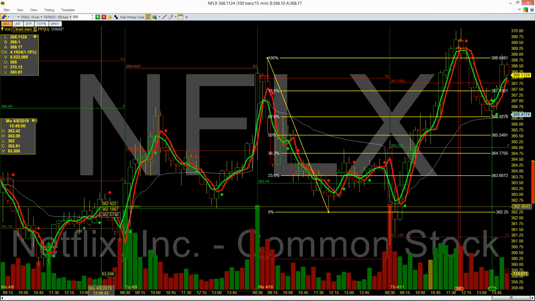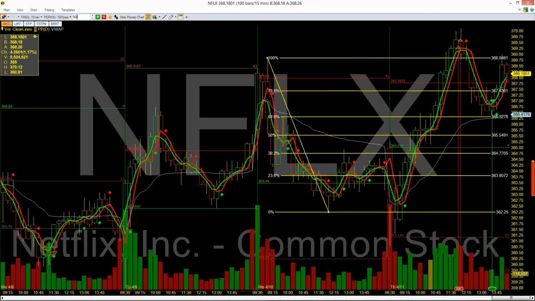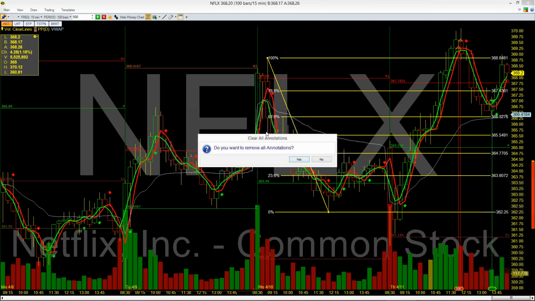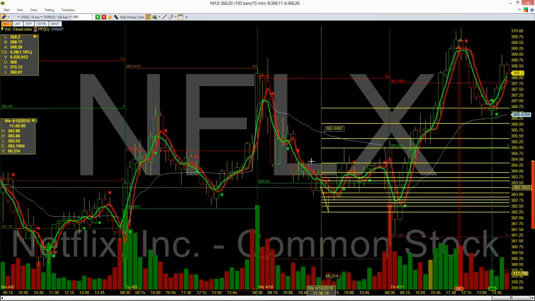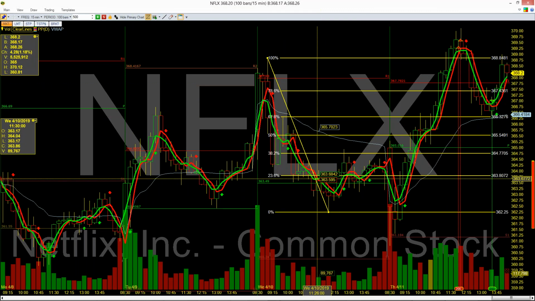I used to use prior day high low. I don't really utilize it any longer because from my experience, the first 15-minute range tends to be the most powerful use of Fibonacci when it comes to trading. It tends to be, I think, much more accurate. Now, sometimes in the morning,